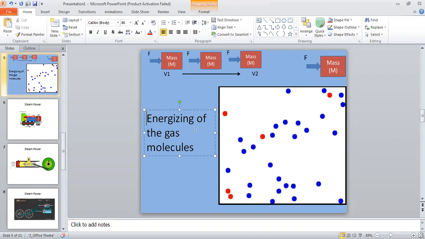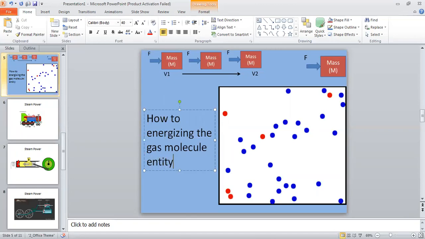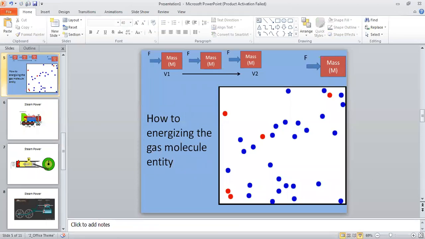So that's the part. How to energize the gaseous molecules, the gas molecule entity? How to make them move fast? How to energize? That's the point. Okay. So one way of energizing